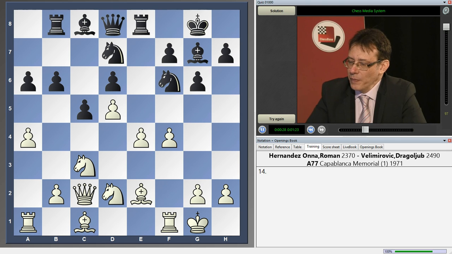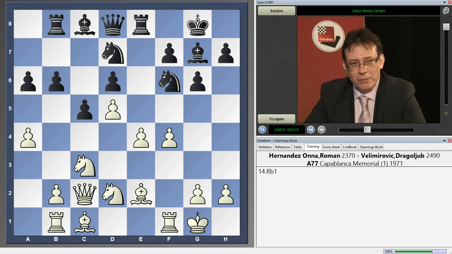And White thought black could not display any kind of activity, and played rook b1 with the very ambitious thoughts of playing b4. This would not only reduce black's space control in the center, but also prepare the development of the bishop to b2 or a3. Or in some cases, even the more modest b3 followed by bishop b2 would be okay, without fearing any tactical